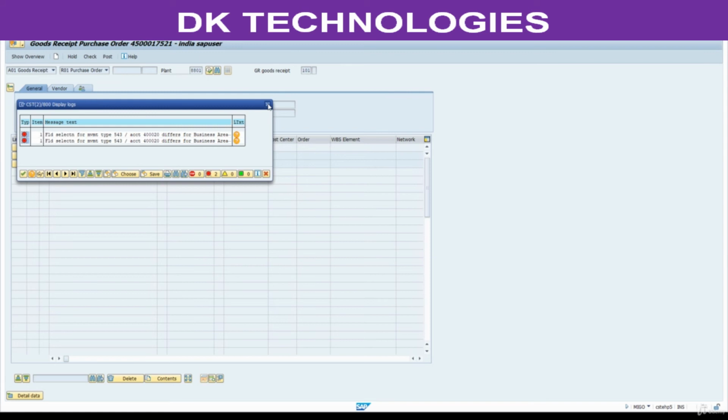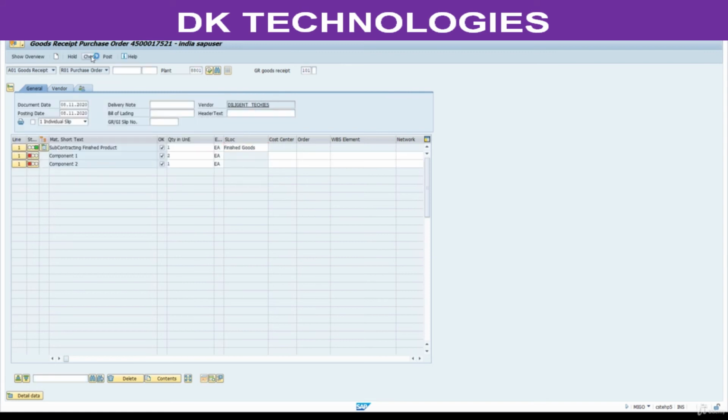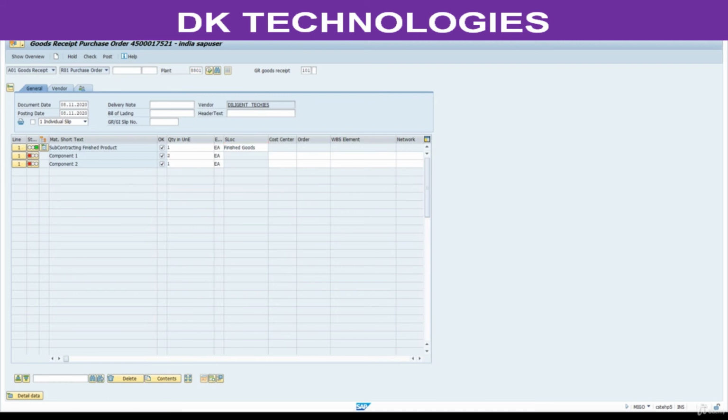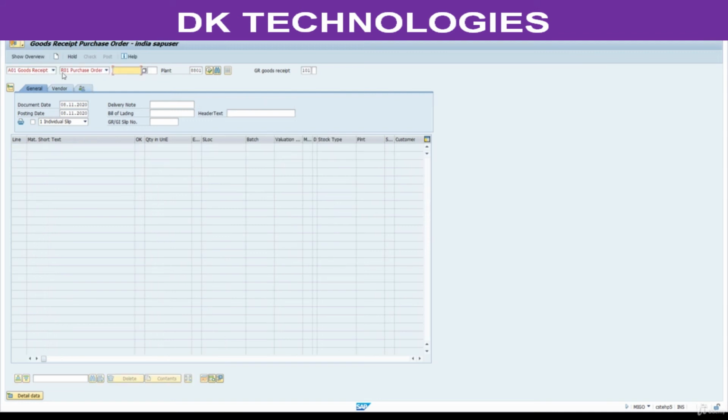Close this. Check again. We need to refresh this PO. MIGO, goods receipt, purchase order.